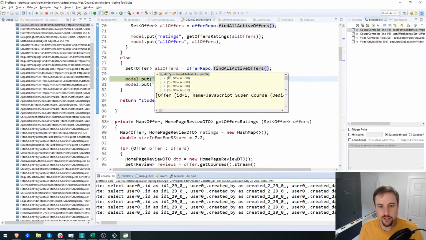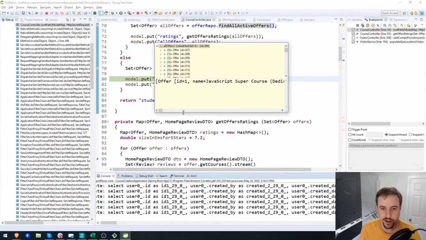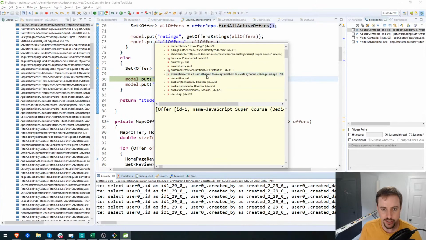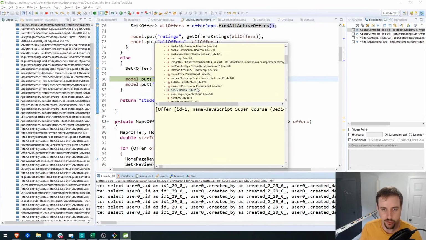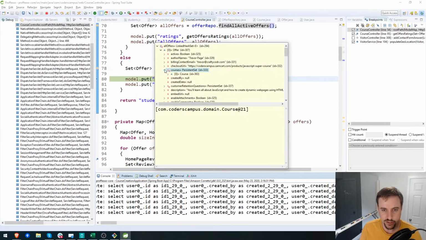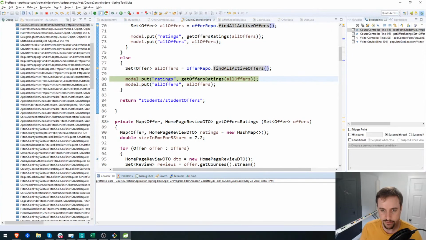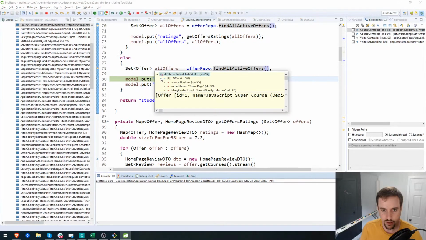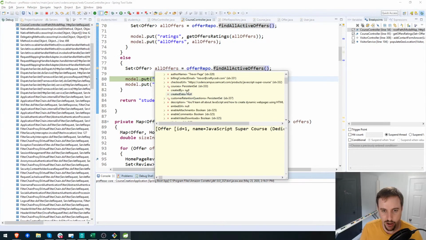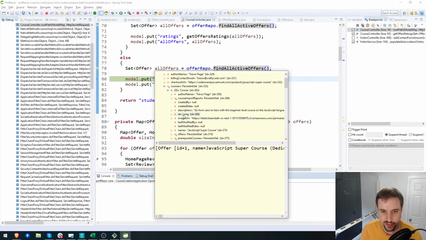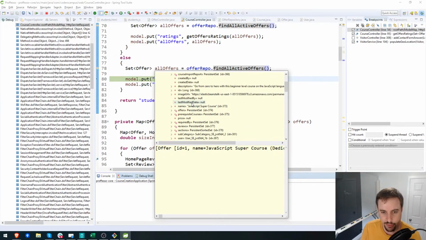Okay, so let's look at the actual offers. So let's go to each of the offers and just see where it has to load this, potentially load this user information, right? So an offer has a course. And check out the course here. An offer has, I know this is going to be small for you guys to read. I apologize. I can't make this font any bigger, unfortunately. I'll just have to say out loud what I'm doing. So going to the offer, digging into a single offer, going into the courses that offer has. And then from here,